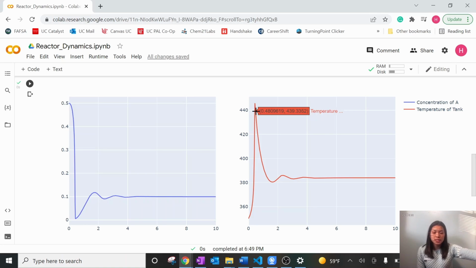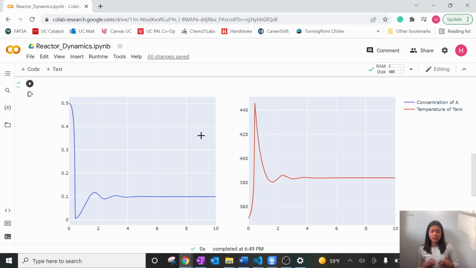And because the tank is getting hotter, as the tank continues to get warmer, more and more of the A material is being consumed and going into this reaction, and so the concentration is rapidly decreasing